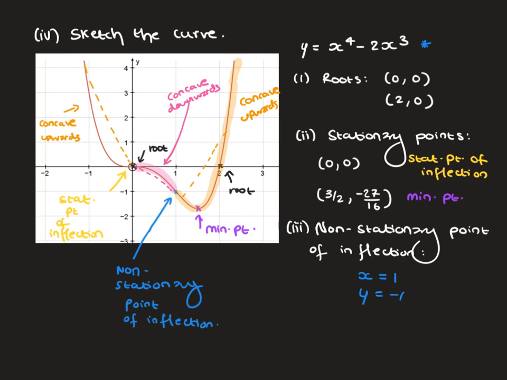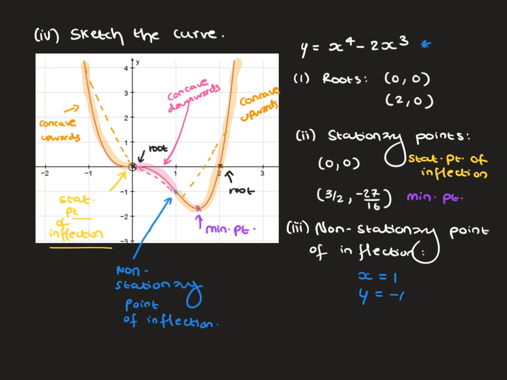And that's because, of course, there is a point of inflection at x equals 0 as well. So that results in the curve transitioning from concave downwards to concave upwards in this section over here. So you can hopefully see the 2 points of inflection and how they break up the curve into these different